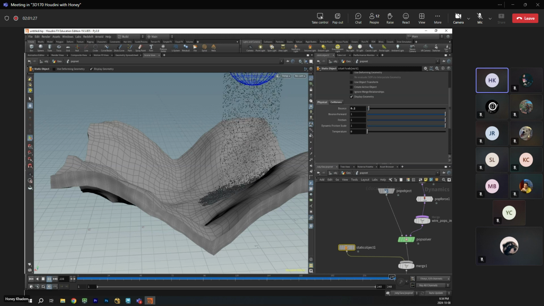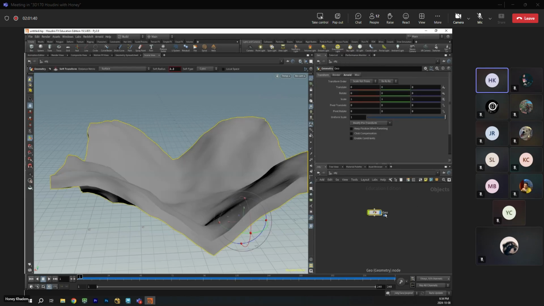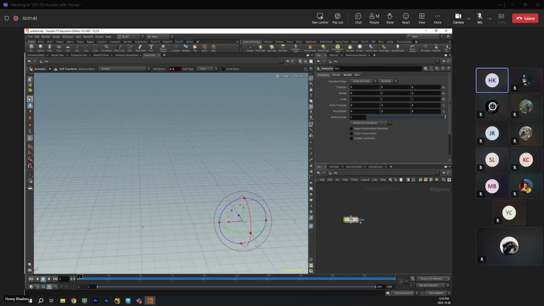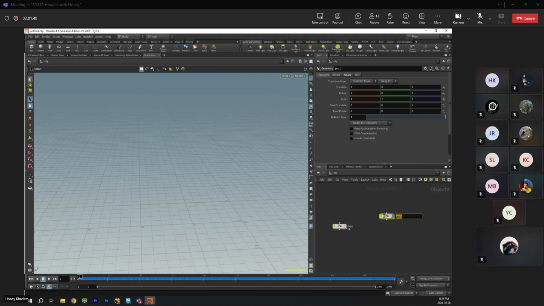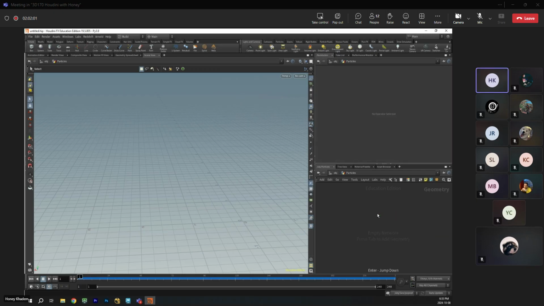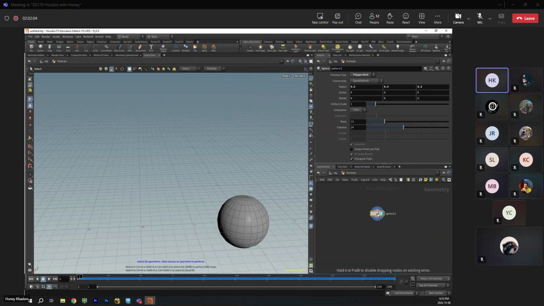Super simple. I want you guys to just focus on my monitor for probably 5 minutes. It's very, very simple. I'm just going to get rid of everything that, okay, never mind, I don't get rid of it. I'll just put down a new one. Geometry. You don't need to follow me, guys. I'll give you time, okay? Just focus on what I'm doing. Let's say particles, okay, inside. I'm going to do a sphere.